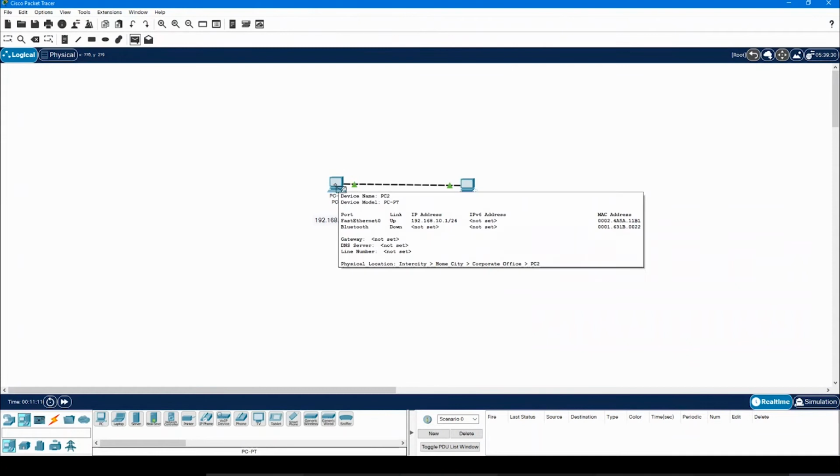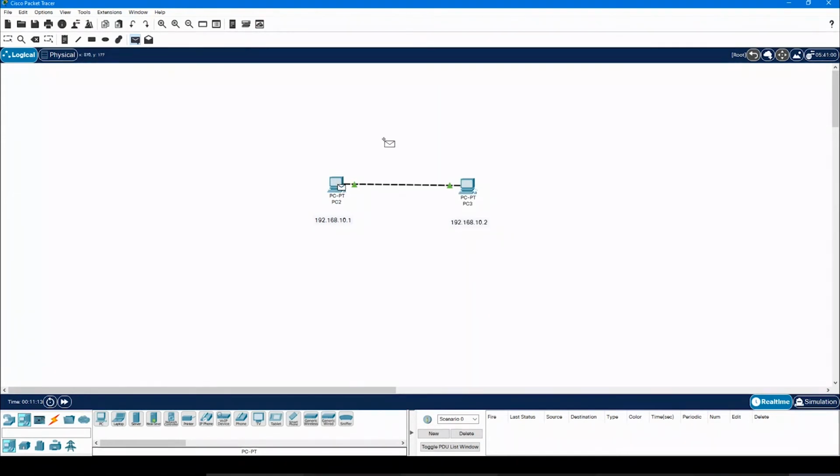So you just have to click on PC2 and after that PC3. So what we are doing here is asking PC2 to send a message to PC3, and when you click on PC3, you see here the action was successful.